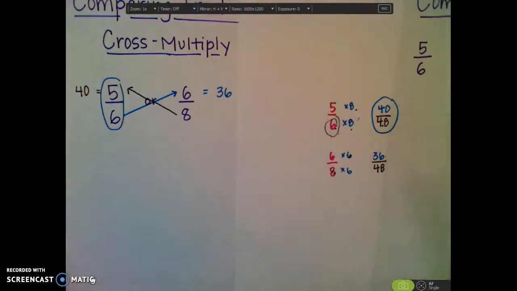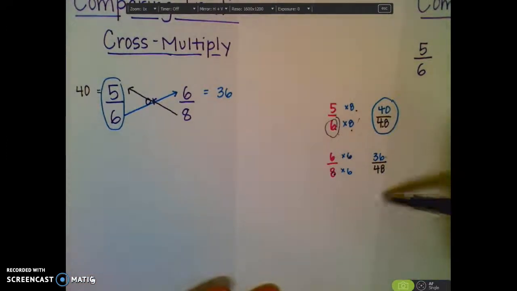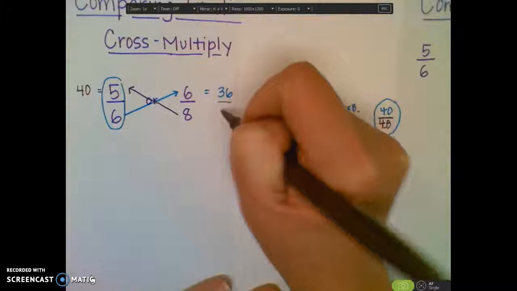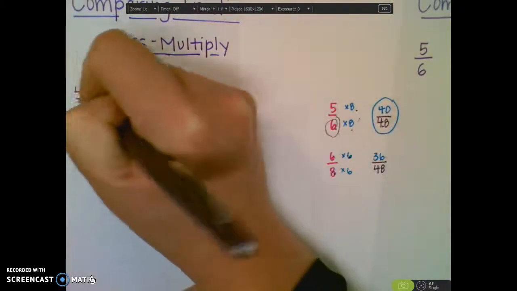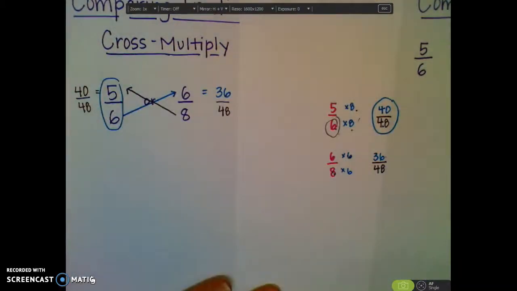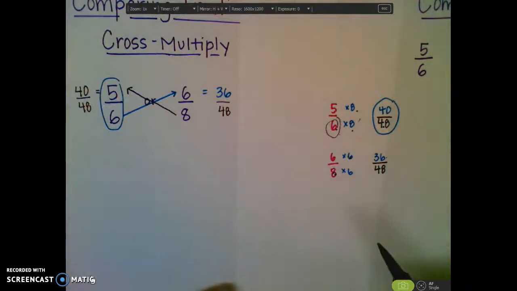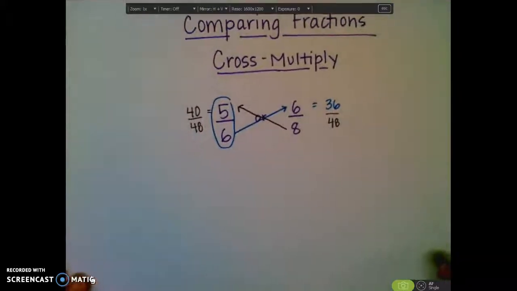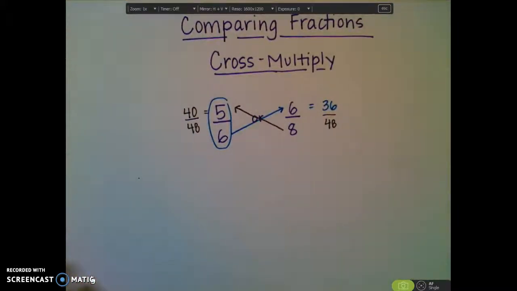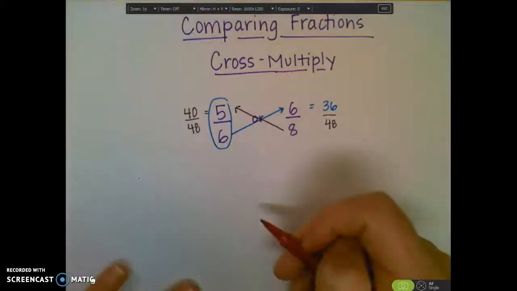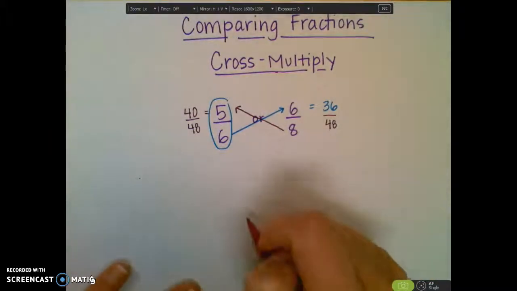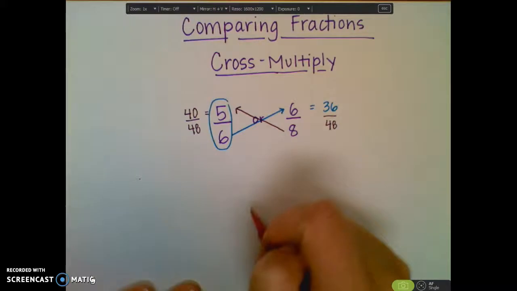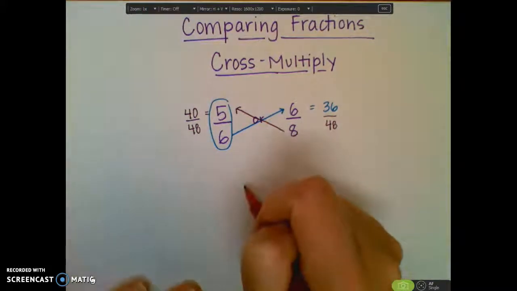Okay, these two numbers, 40/48 and 36/48, that's like doing this. That's all that is. And so it's just multiplying with the number across, and then you're making your comparison. So real quick, since cross multiplying is a fast method of comparing fractions, let's take a look at another example. If I wanted to figure out the differences or compare the size of two fractions, like let's say I wanted to do